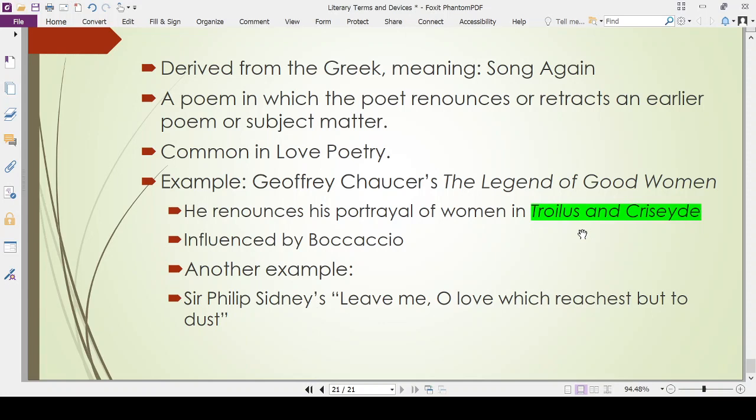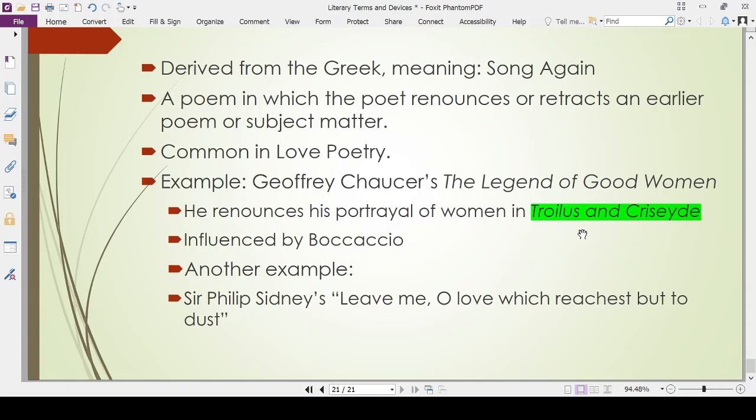And then when he enters heaven, he looks down on the earth and then realizes something, realizes that earthly love is ludicrous, and the only love which is permanent, which is not going to betray you, is the love of God. Now, in this poem, Troilus and Criseyde, Criseyde, the woman, is considered as a person who